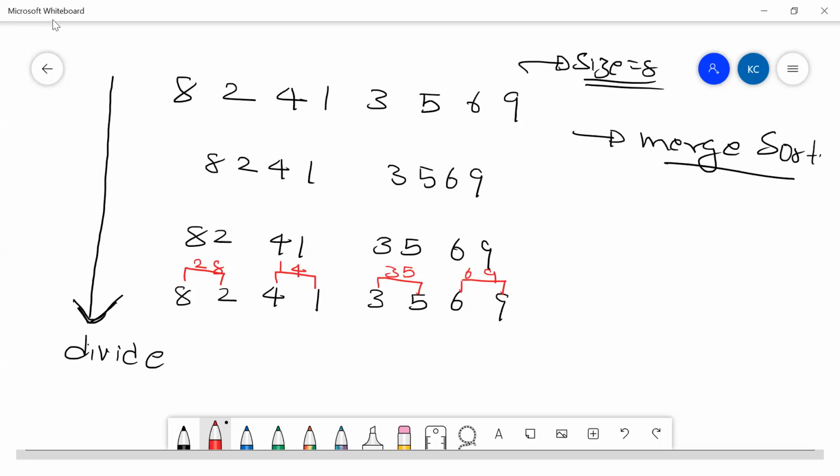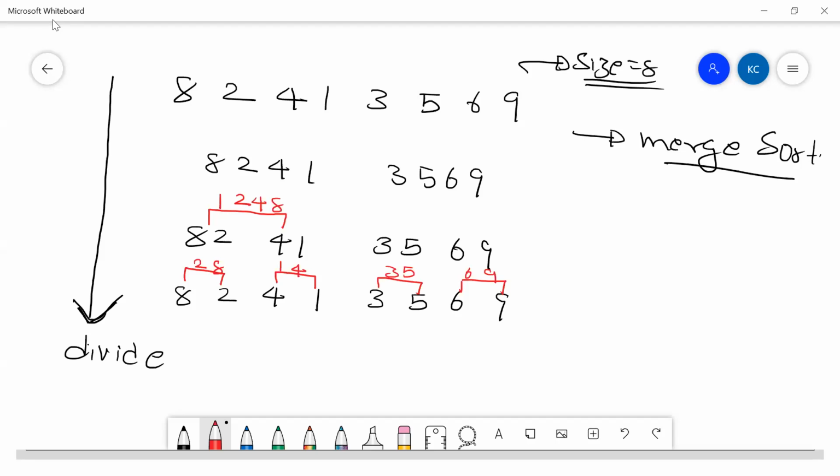What I do, after I came here, is take my sorting a little bit further. Here 2 and 8 is sorted, 1 and 4 is sorted. Now I have to sort these two, which are already sorted. These two are sorted independently, right? 2 and 8 is sorted, 1 and 4 is sorted, but these two are sorted independently. Now we should merge these two sorted ones, right? I'll say 1, 2, 4 and 8.